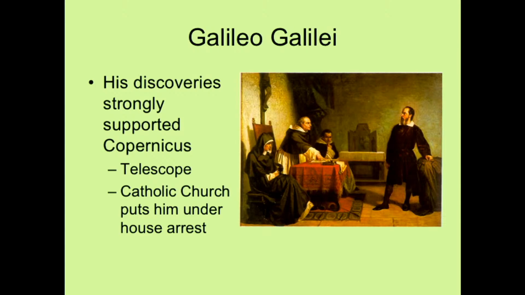So he was forced to admit that the earth was in the middle of the universe and the sun was revolving around the earth. Okay, he was forced, and in exchange he was put under house arrest. His life was spared, but he didn't have a chance to teach. He was famous for publicizing the ideas of Nicholas Copernicus, for his discoveries, what he saw through the telescope. So he was forbidden to teach, was put under house arrest, but at least his life was spared, even though he admitted publicly that the sun was revolving about the earth.